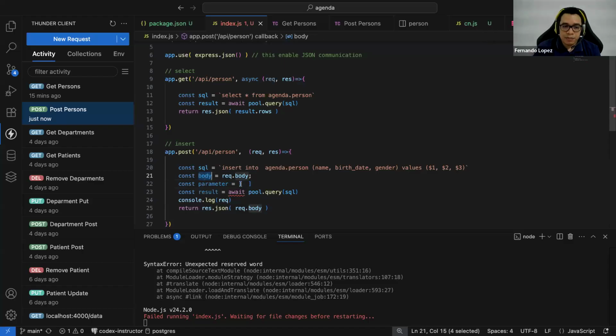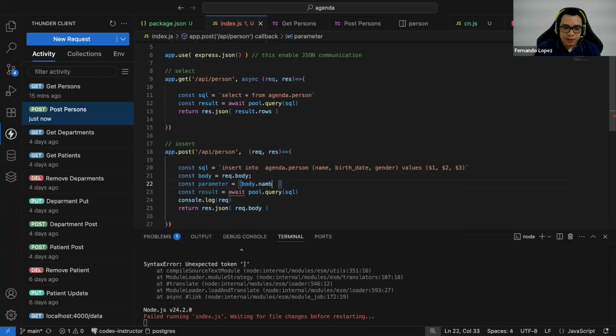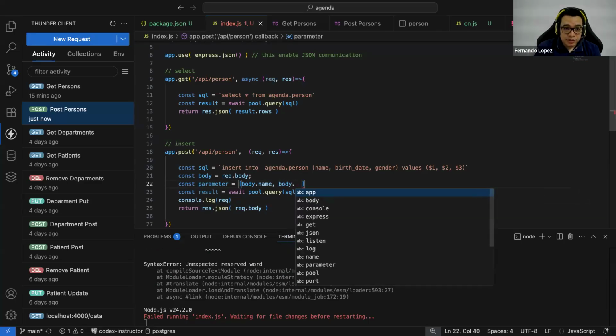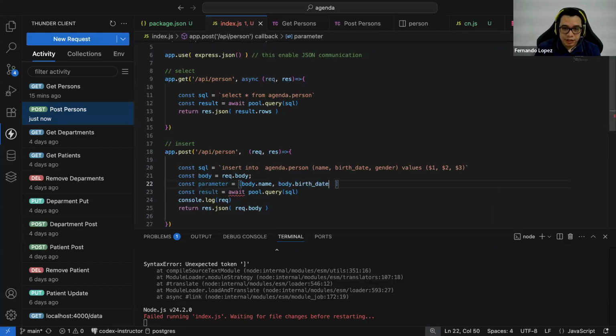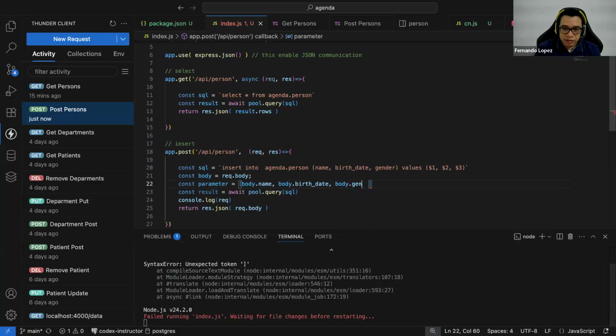Okay, so it will be body dot name in the first position, body dot birth date, and body dot gender. Now we have the parameters here.